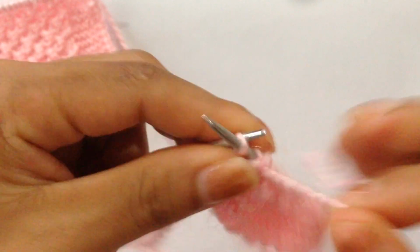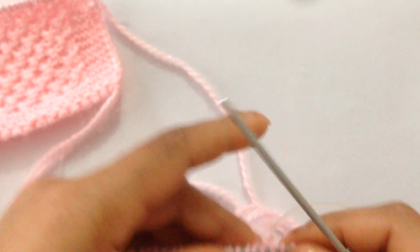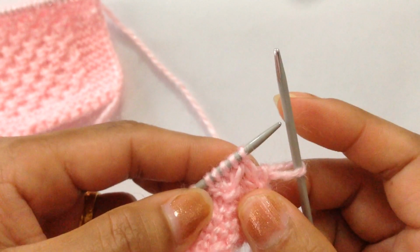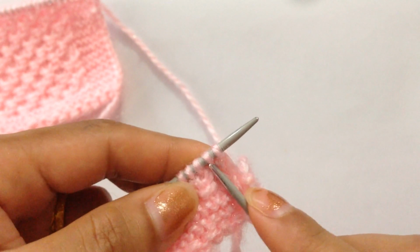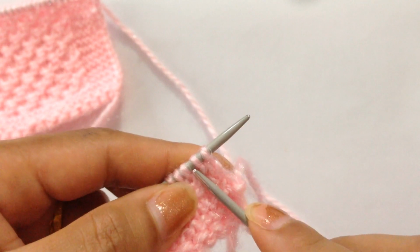We're going to pull 2. So we have finished row 2 and it looks like this. And for row 3 we're going to knit 1 this time, and now we're going to insert our needle here, right? After we knit 1, we're going to insert our needle in between our 2nd and 3rd stitch